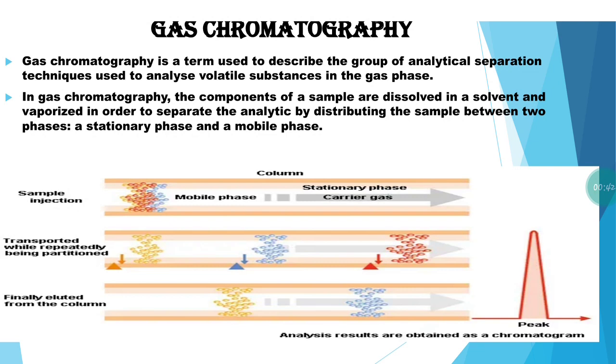We will be talking about the stationary phase in detail, and the mobile phase, which is also called the carrier gas in the GC. As we can see here, when the sample is injected in the column, the carrier gas, that is the mobile phase, is carried between the stationary phase. Stationary phase can be solid or liquid according to the type of gas chromatography. Once the separation takes place, we get the peaks, something like a graph. That is a chromatogram.